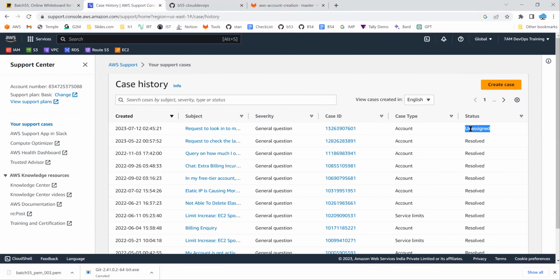Now, once it is solved, right now the status is unassigned. That means your ticket case has been raised, but from the Amazon front, no one has assigned it yet, but someone will assign it and they are going to work on that and resolve it. This is how you can approach AWS, and this is how you are going to raise technical support queries